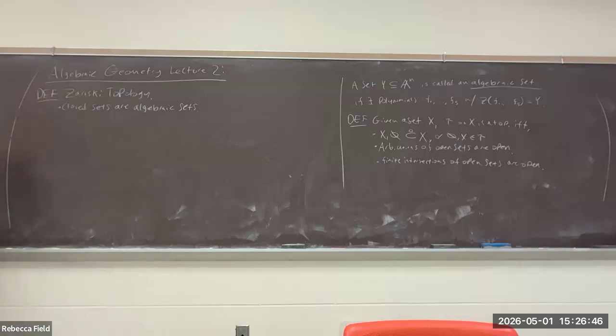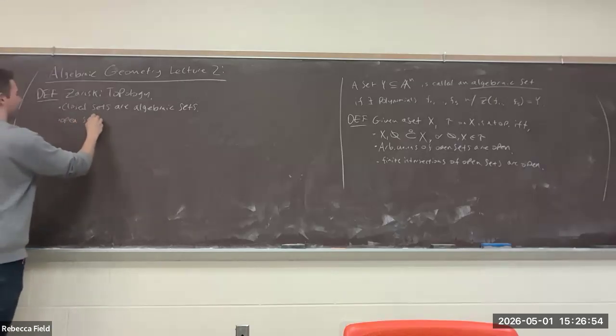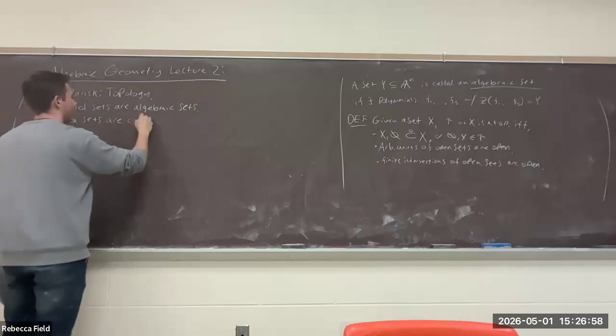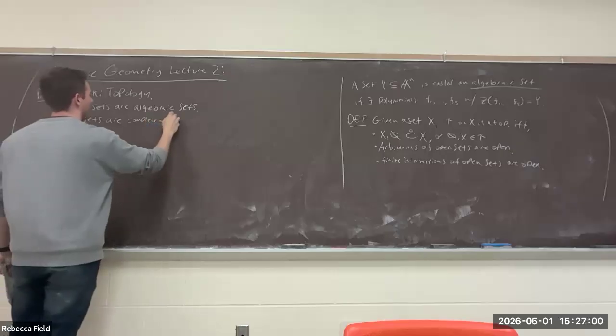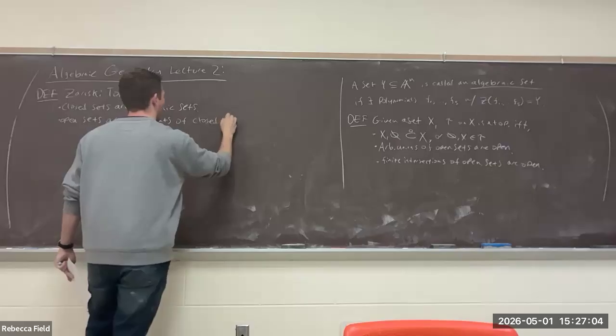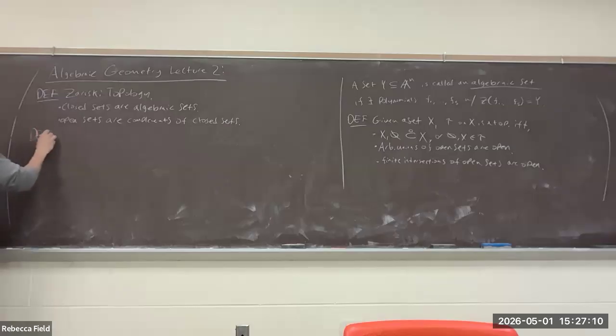AKA sets who happen to be the zero locus of some polynomials. And then open sets are the complement of closed sets. And I'll just provide a supplementary definition. So a distinguished open set